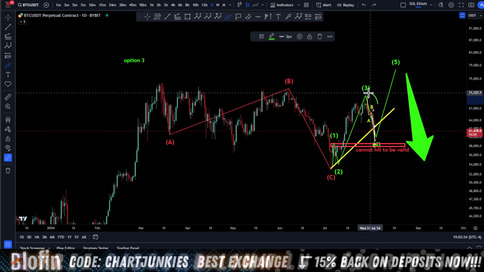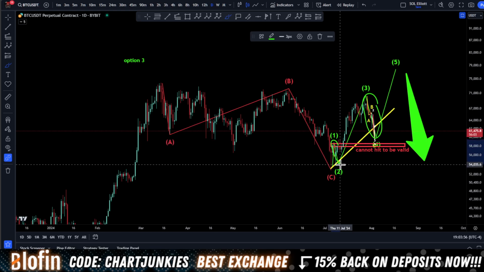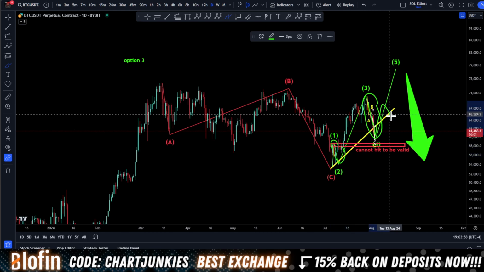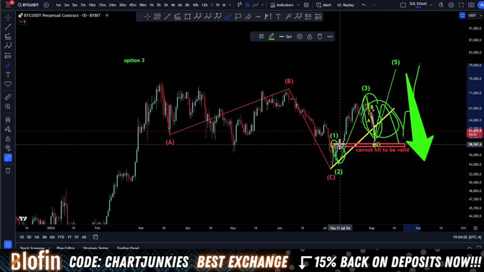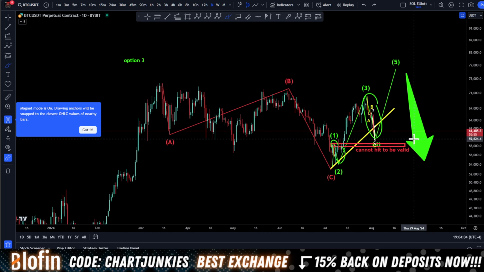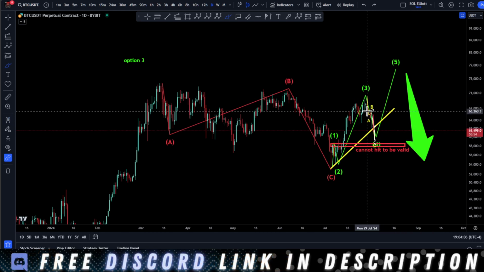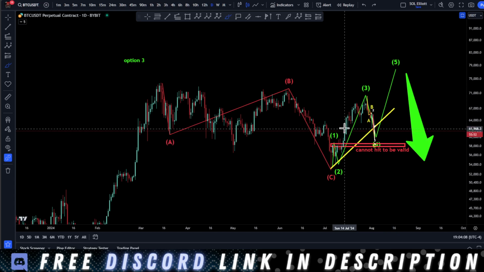The timing of this to our wave 2 looks good. I would not want this to correct down like this. It would just be too elongated before coming up, and in accordance to our wave 2. So that's why I have it being just a sharp ABC correction into wave 4.